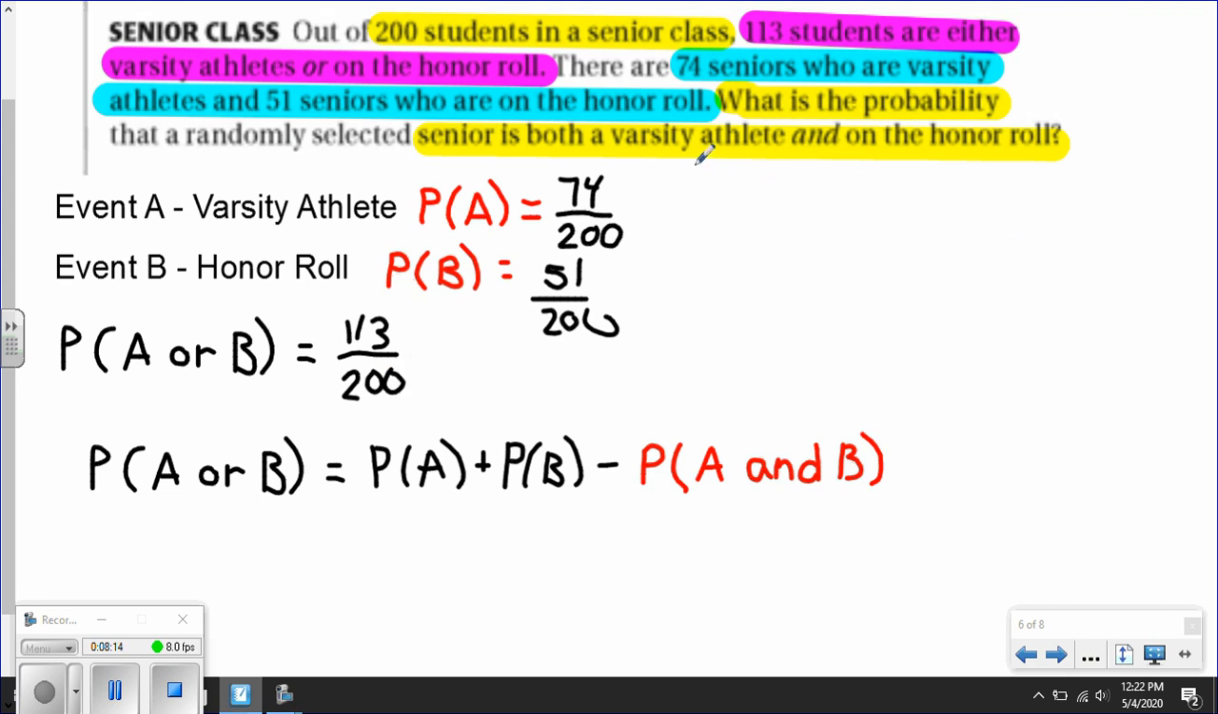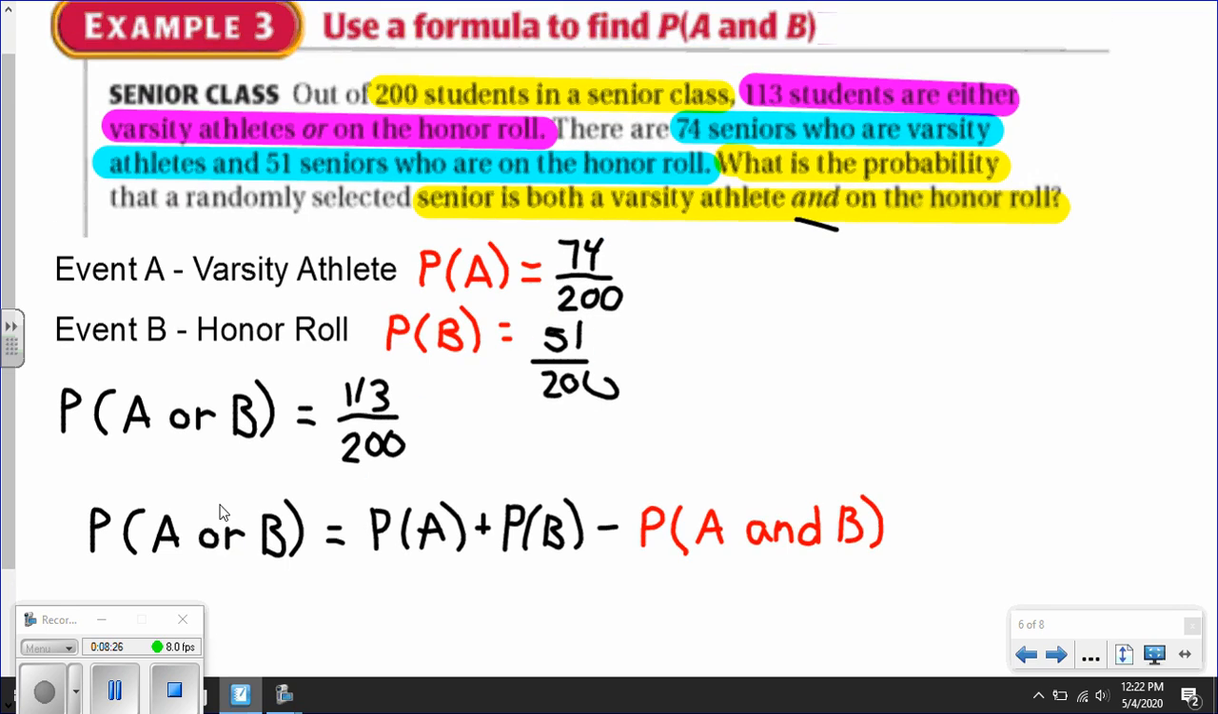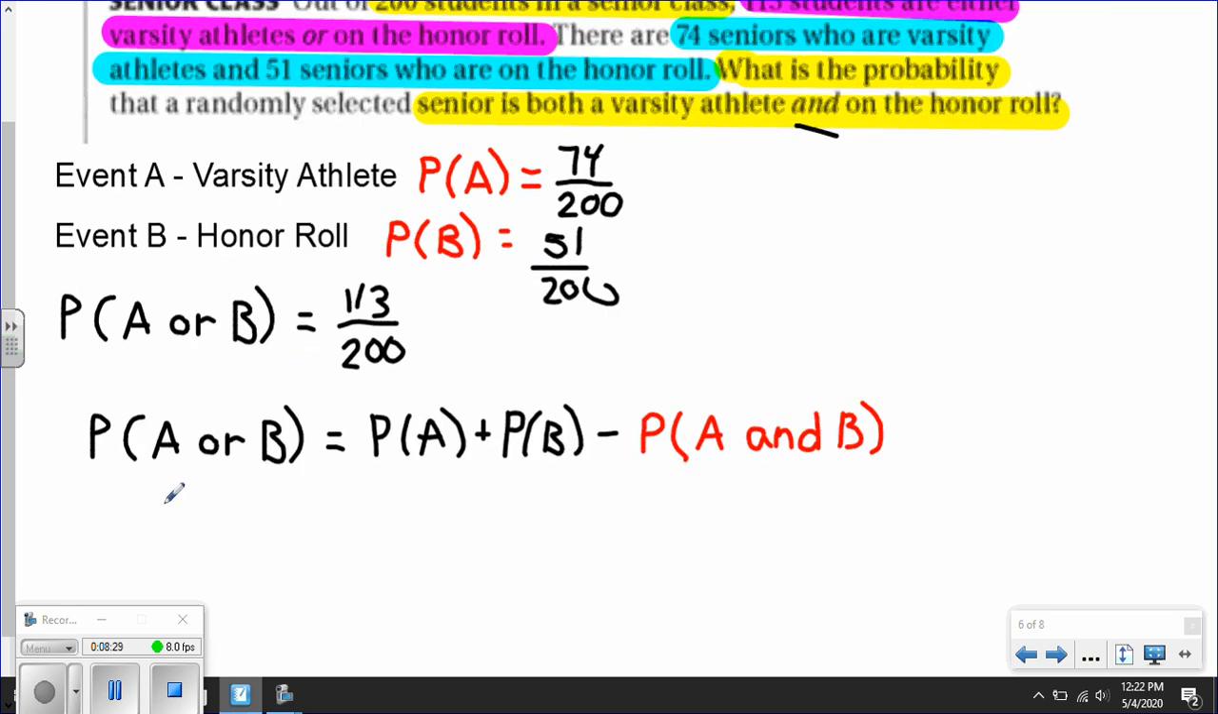So we want to figure out what is the probability that a senior is both a varsity athlete and on the honor roll. So this is the part of the equation we're going to have to solve for. Now, using the probabilities that we know, let's plug in everything. So the probability of A or B is 113 divided by 200. That is equal to the probability of A, which we said was 74 over 200, plus the probability of B, which is 51 over 200,